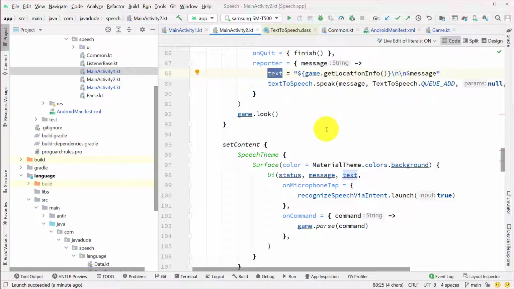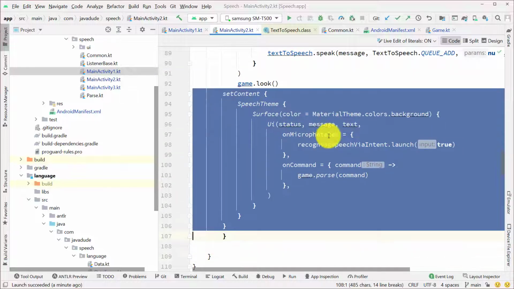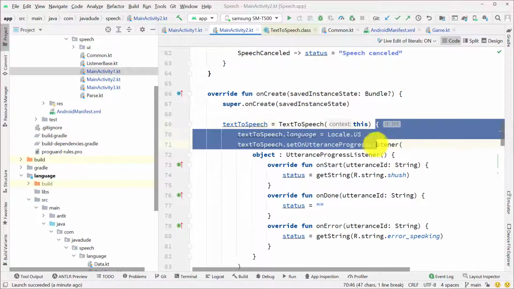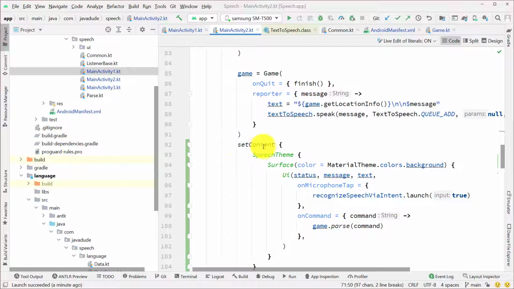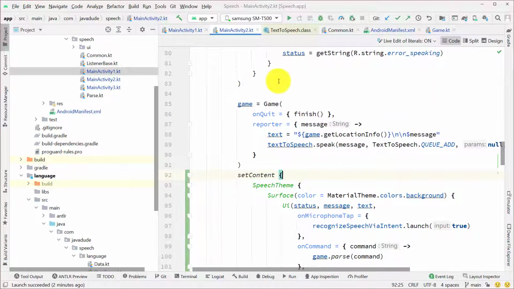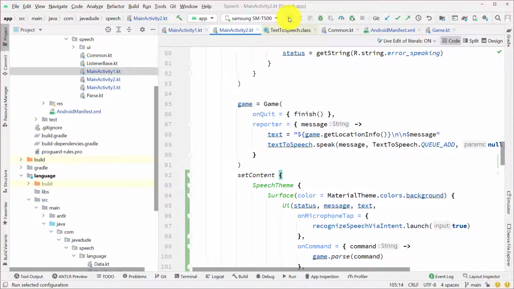So if instead we move the set content up inside the text-to-speech's I'm ready block here, we won't actually start setting up the GUI until we've already set up the speech recognition. So in this case, this makes sure that they're both related to each other, and there's no lack of determinism. And then we call the game.look after the GUI's been set up. So if we try running this,